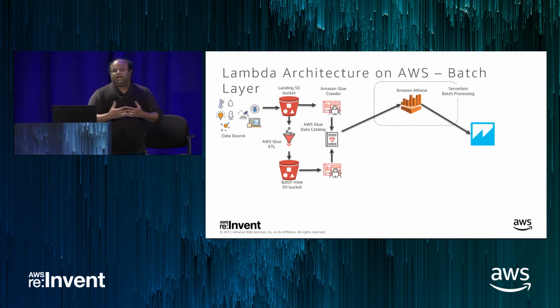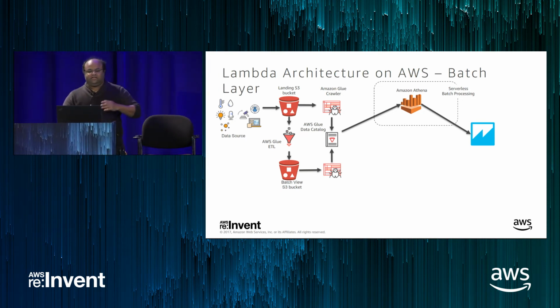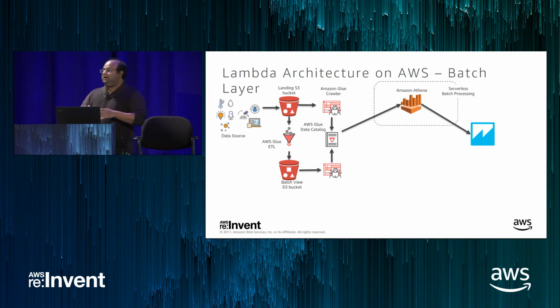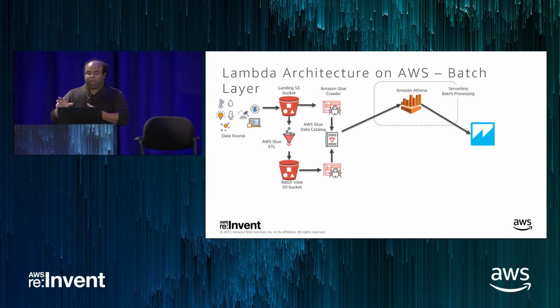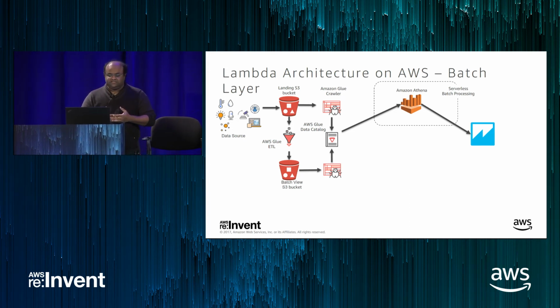So now let's look at how the batch layer can be deployed on AWS. If you look in the diagram, on the left-hand side is your data source. It could be any data, your FTP server, or any server, or an IoT device that's streaming data into the landing bucket. And once it's there on the S3 bucket, now with Glue, which is a serverless managed ETL service, you can